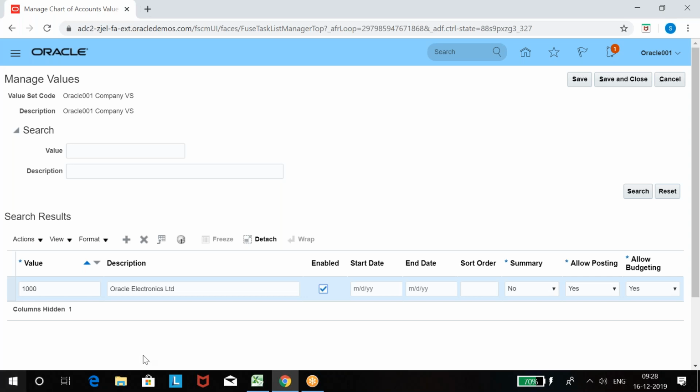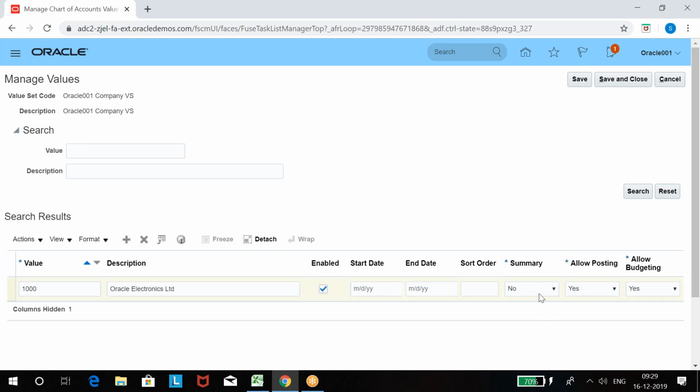See, we can also write this name as a value, but when you have a description option, why provide value as a name? Just code it so that it will be secured. I mean, users have some code, and it is not easy for them to remember, right? So companies always prefer to go for codes, but not the same name. That's why we are using this code, and this code is nothing but this Electronics Limited company. Keep it enabled to use. Started, ended, not required. If you want to keep it active from so and so date to so and so date, then you provide. Otherwise, not required.